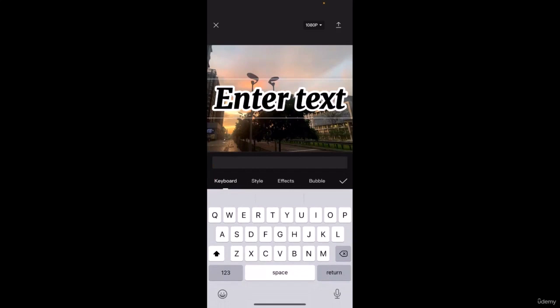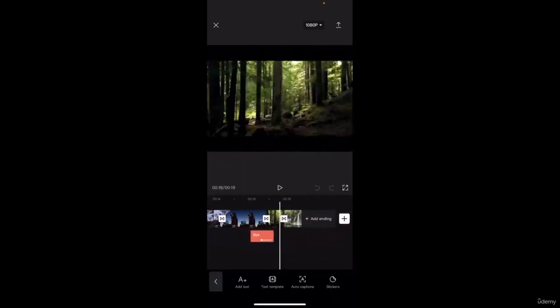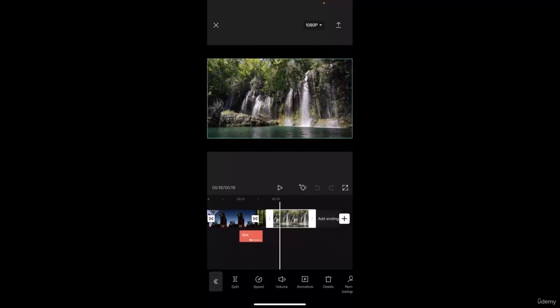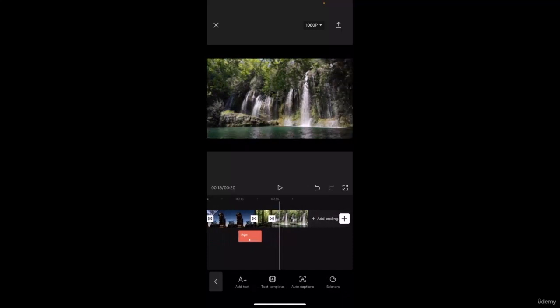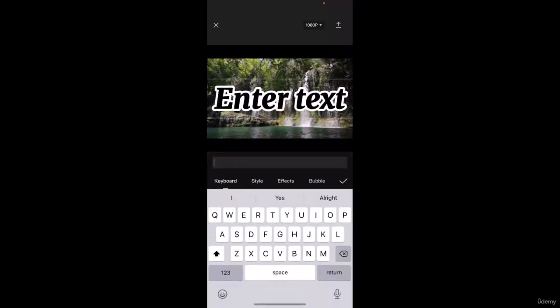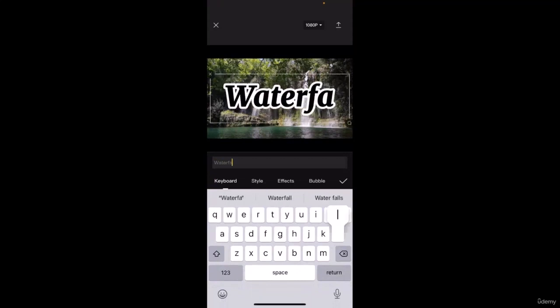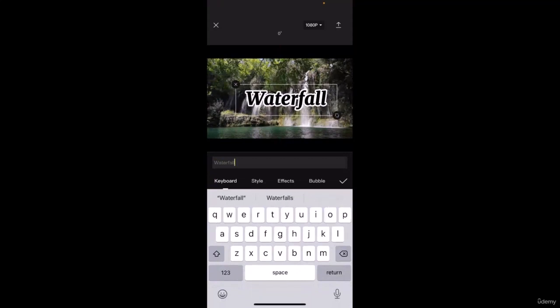text, you can type in, let me find a nice place where I can add a text. Okay, so we have a waterfall right here. I think I can type in waterfall down here. So we can go ahead and add text, and then we can just type waterfall, and then we can reduce the size by pinching in both sides with 2 of our fingers, or you can use one hand and just pinch it in to reduce the size of the text. So I just go ahead and reduce this waterfall size,